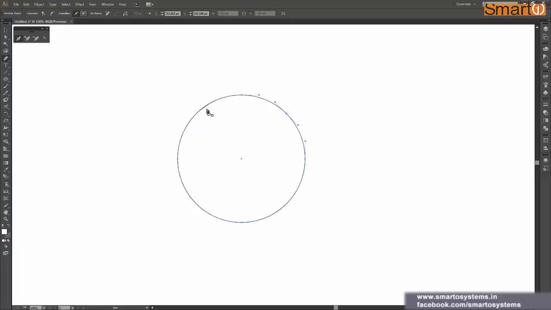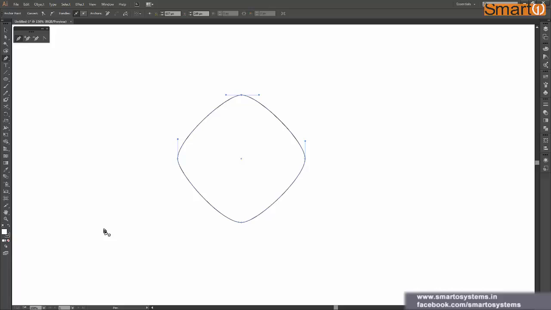And now if you want to remove this anchor point, don't select any other tool, just have your pen tool selected. Just go over that anchor point which we have just created, and you can see this minus sign appears next to my pen tool. So yeah, I can just click on this anchor point and remove these anchor points from my pen tool itself. So how convenient it is. We haven't even selected any tool and we have created 4 anchor points on the shape, and we just deleted it without even switching to any tool.